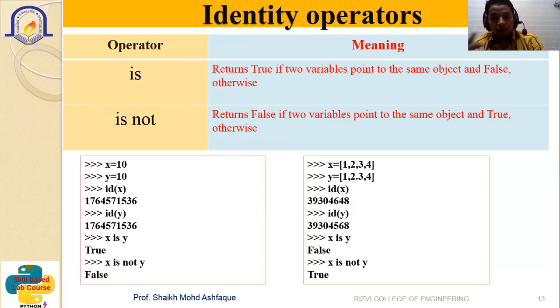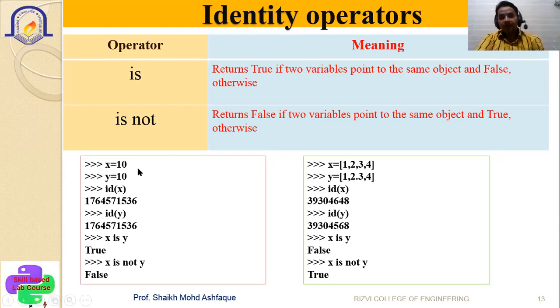हमने variable के time देखा था, if two variables have the same value, it will only assign a tag to that. It does not create another memory for the other variable. So here we are checking it with the identity operators. It returns true if the two variables point to the same object and false otherwise. "Is not", what is that? It returns false if two variables point to the same object and true otherwise. Let us see the example so it will be more clear.